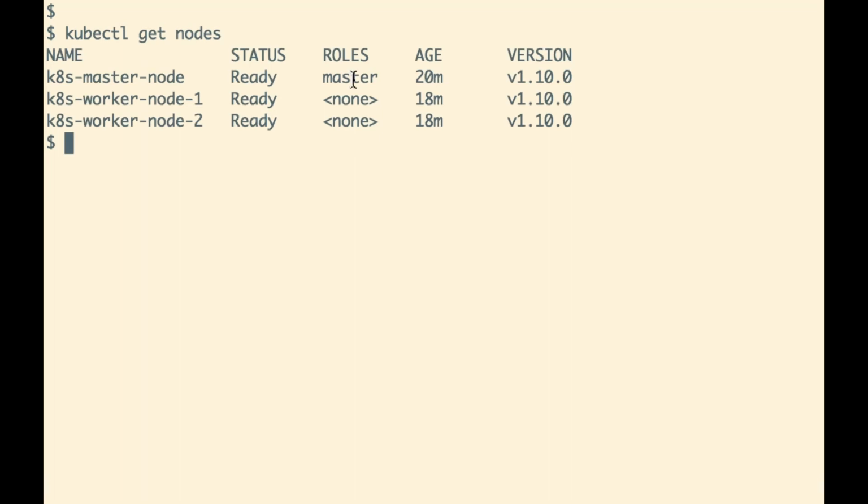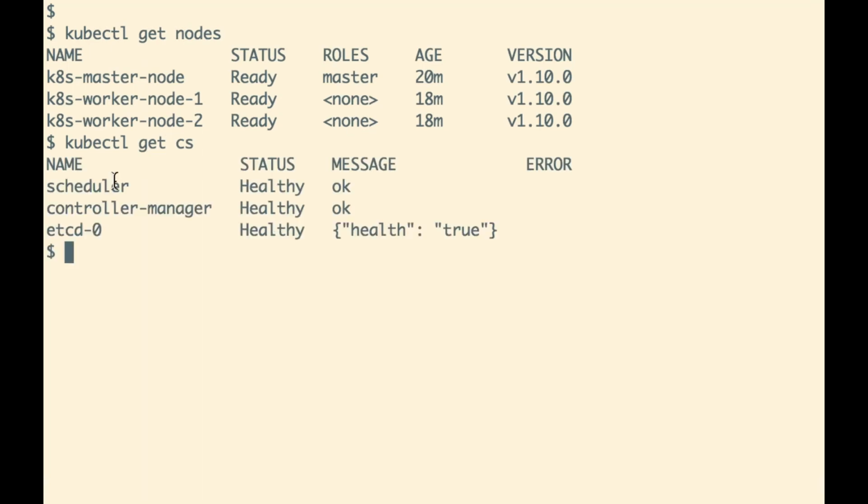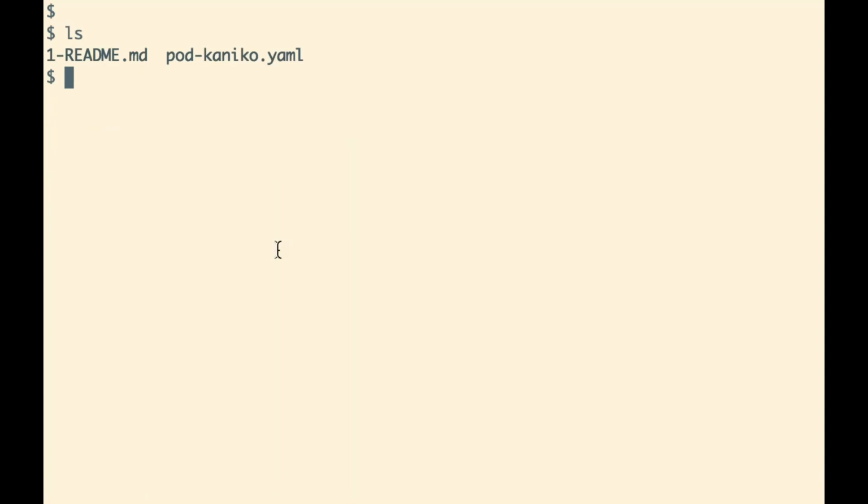And we talked about the different nodes as well. So we can do kubectl get nodes, which we did earlier as well. So we have 1 master and 2 worker nodes. And if I do kubectl get componentstatuses or get cs, you would see that there are components like scheduler, controller manager, and etcd. They are all healthy and they are perfectly fine. So this is okay.